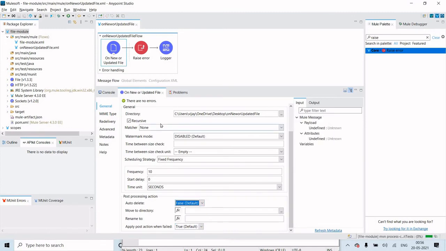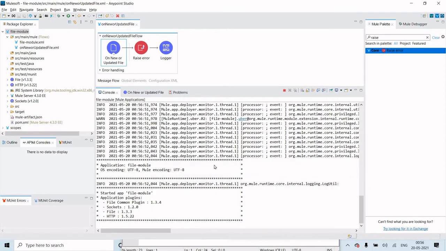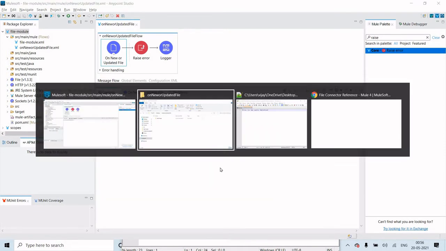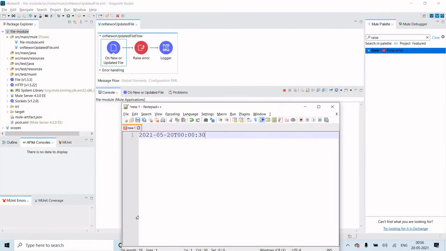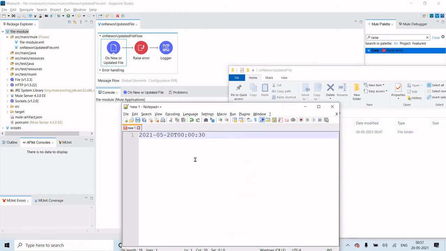Okay, so what happens this time? Okay, so till now it has deleted the files, right? What we have created there. Okay. Now you see here, there are no files in this folder. Okay. Now